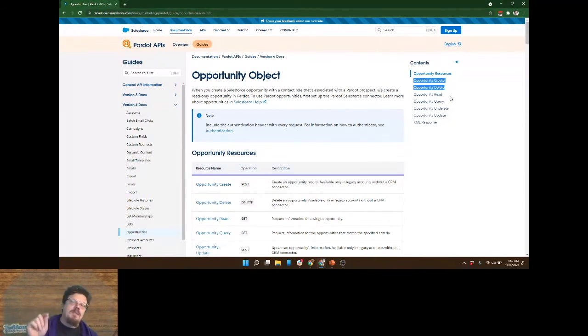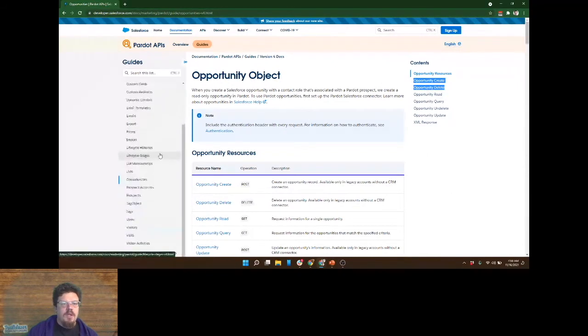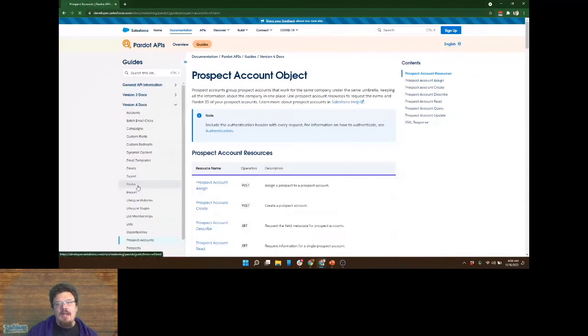We have bits and pieces of old API capability still in the documentation that's not relevant today. Pardot cannot alter opportunities. That's only the CRM. But our documentation has these old endpoint details that are no longer relevant. We see that again in our prospect accounts. Accounts assign, account create, those also aren't functional anymore with Pardot connected to Salesforce CRM.